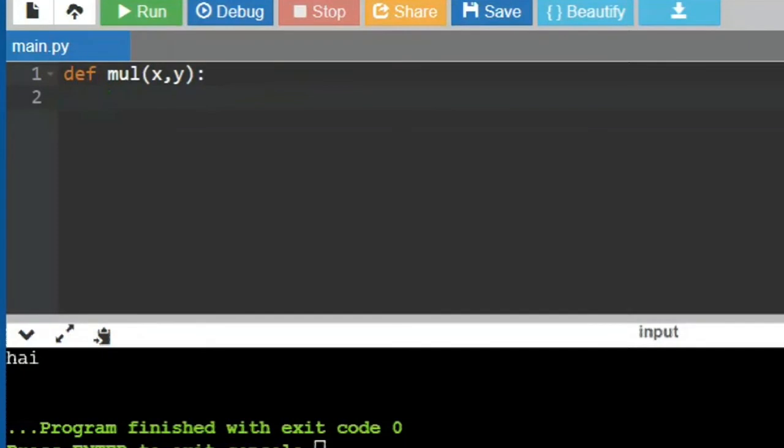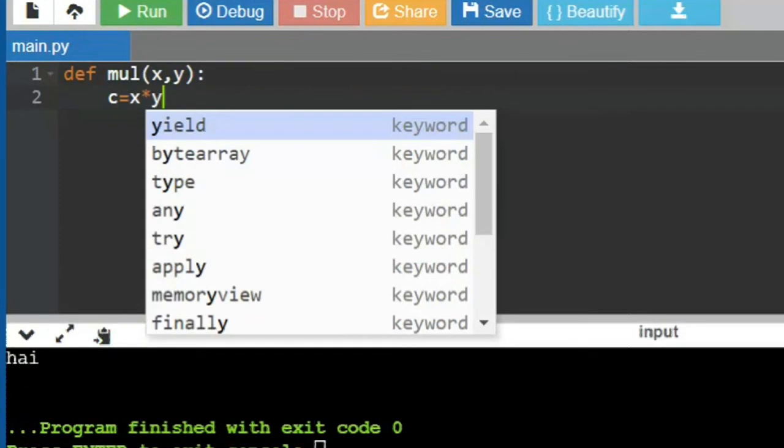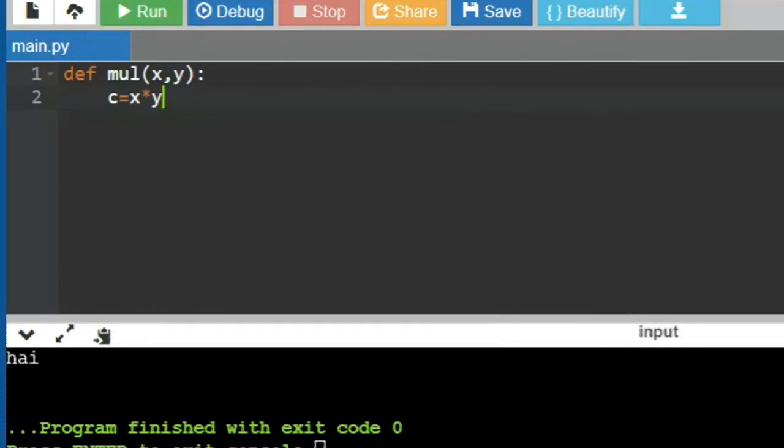This function has a specific meaning: it does multiplication between these two numbers. You can directly do the multiplication and put it in a variable and print it in this function itself, or else you can return this value to the calling function. I'll show you both variants. So I'm doing the multiplication. I'm saying C is equal to x into y. This is an expression wherein the result of this expression is assigned to the variable C.